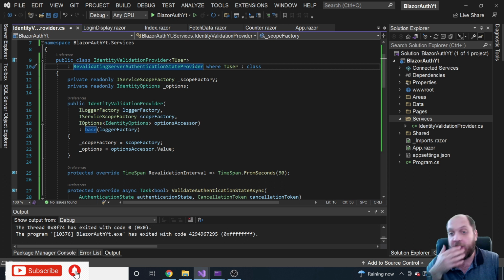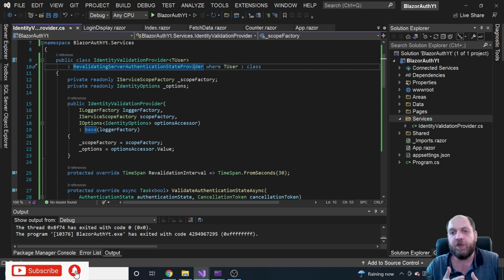So this is actually how the authentication state provider works in Blazor Server, because it has an implementation that implements this exact idea of looking into the HTTP context user and getting the information from there. However, the problem is that this implementation only does this when the circuit is established. And then the authentication state will remain the same if it changes on another session, but in the